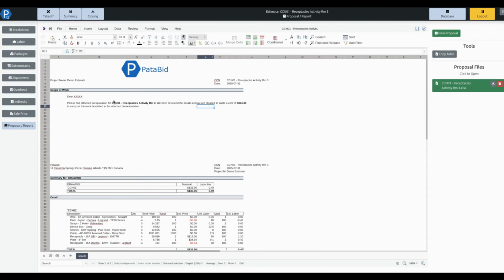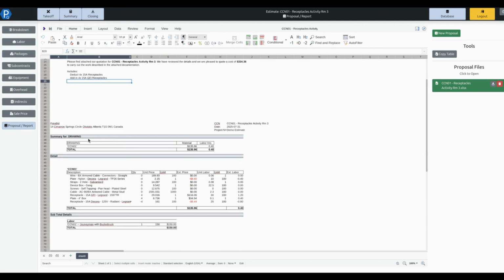And so with that done in here, I have my Excel file. I can adjust this as needed. Includes, we could put something in here that says deduct 4x 15 amp receptacles, add in 4x 15 amp GFI receptacles. And if we look down this report here, we can see that it provides the complete breakdown here